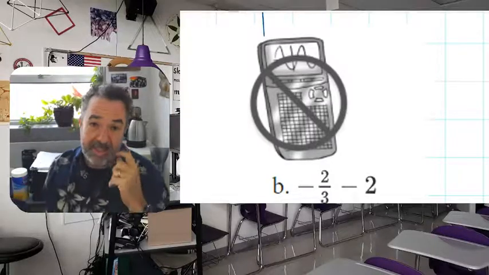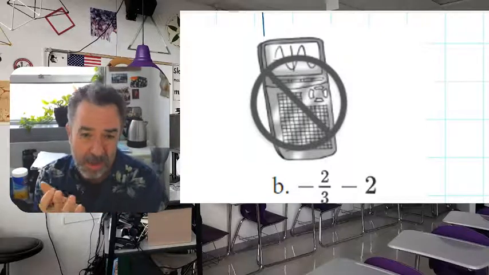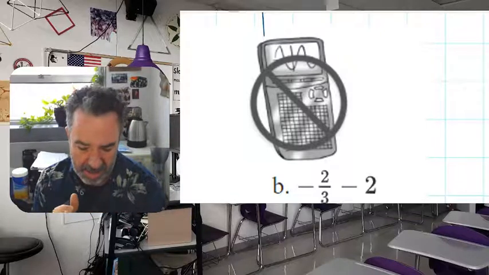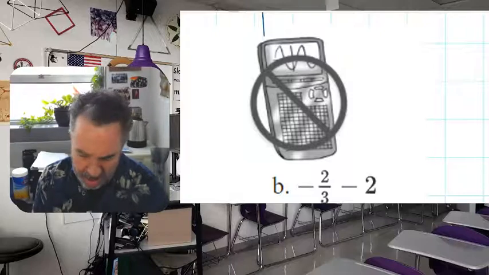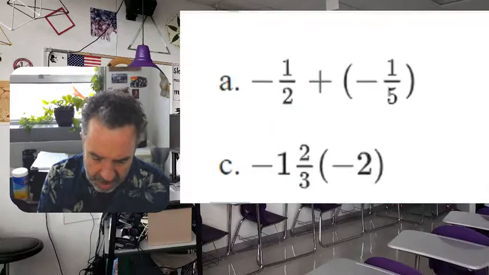When we see this icon in our textbook, the intent is that we put our calculators away and try to do this without a calculator. So let's honor that and see how far we can get. We're just going to add some rational numbers here. So let's take a look at, oops, where's the first one? Here it is. So I'm supposed to add